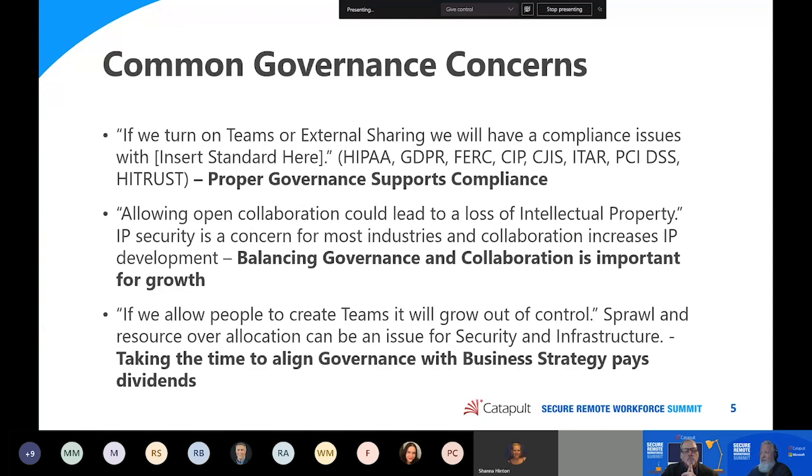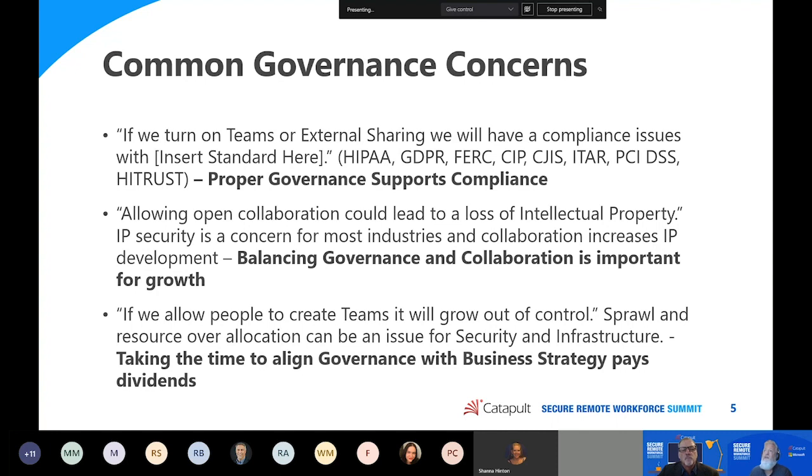We have many clients, and these are actual issues that we've talked about with specific clients. A big one is that if we turn on Teams, or I turn on external sharing, or I allow people to use a certain technology, we're going to have compliance issues with a given standard, right? And that's HIPAA, that's GDPR, that's FERC, it's SIP, it's CGIS, it's ITAR, it's PCI, so many.